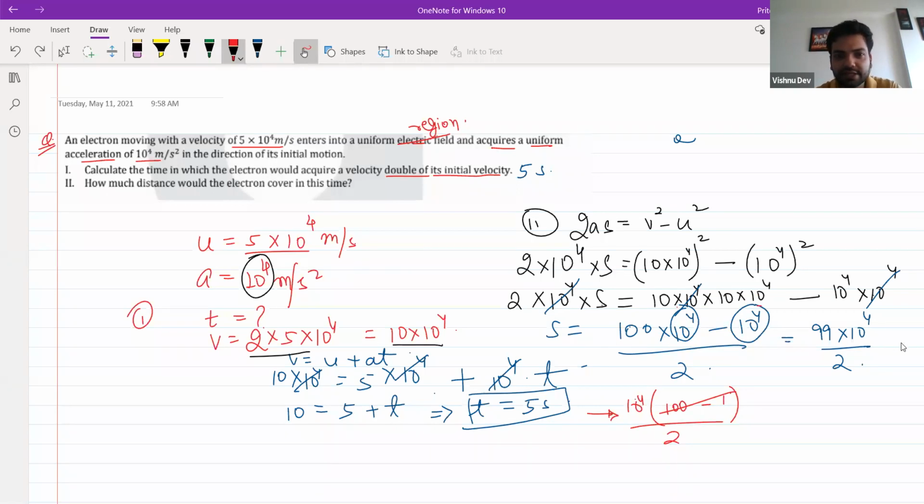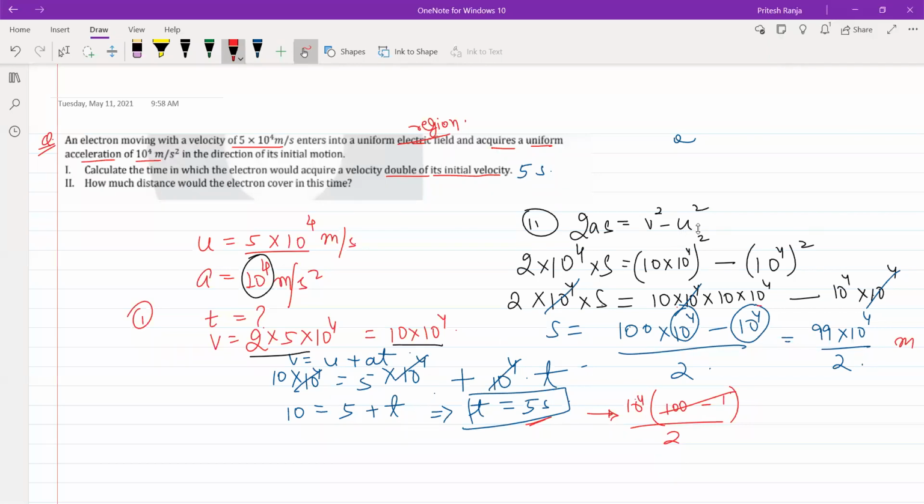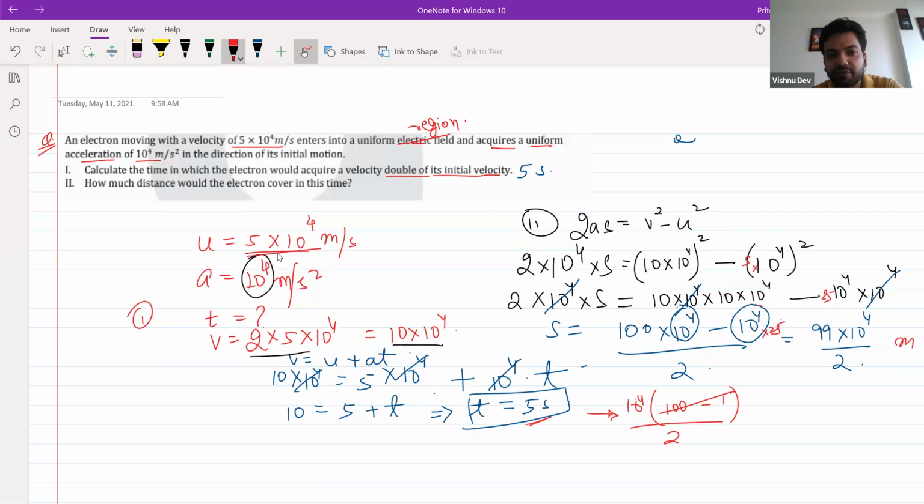Okay, this is clear. You will get this in meters and this in seconds. 375,000, let me calculate that. So we can cut plus 10 by 4 and minus 10 by 4 directly. Oh, no, you cannot do that. Yes, Akash, just put the values, 5 into 10 to power 4, and calculate the result. Because initial velocity you have 5 into 10 to power 4. I was just showing how to rule out the factor of 10 to power 4 from all the sides.